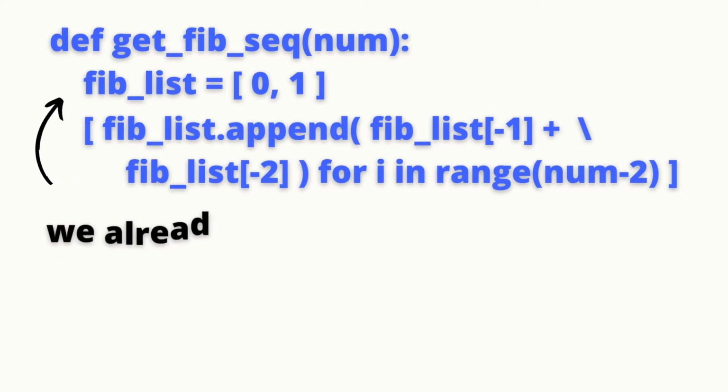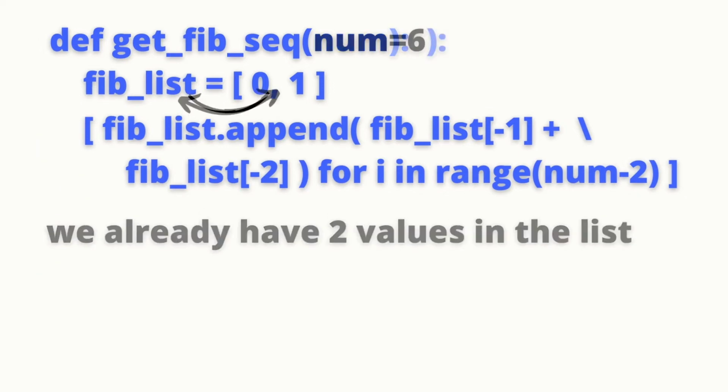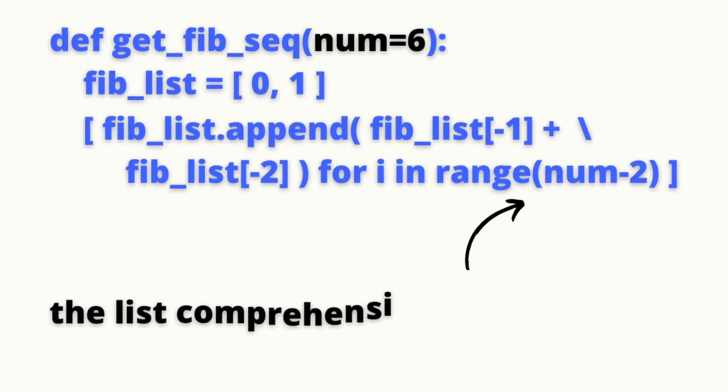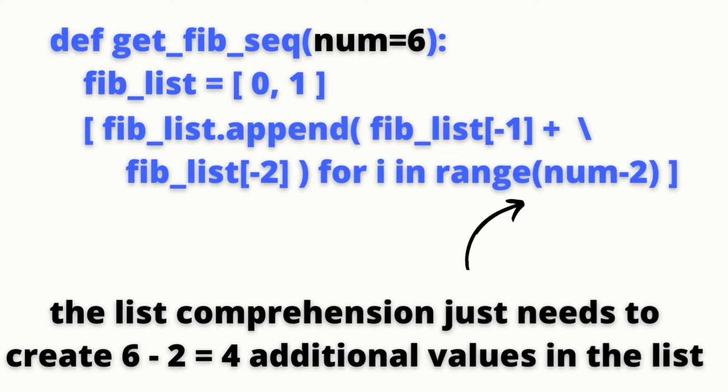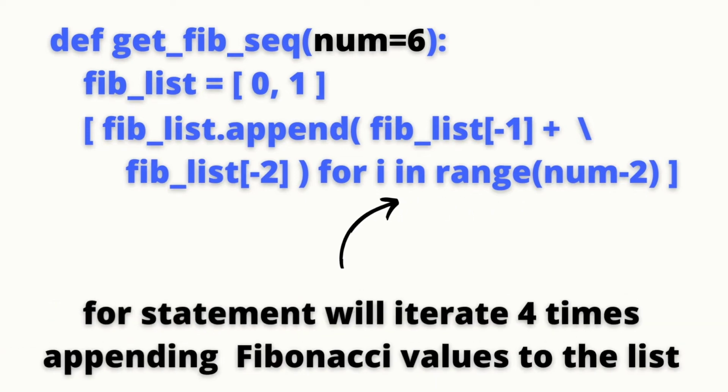So we already have two members of the Fibonacci sequence in the list. If the function is called with argument 6, the list comprehension just needs to create 4 additional values, as we already have the first two values of the Fibonacci sequence. The range function will be passed the number 4, so the for statement will iterate 4 times, appending values to